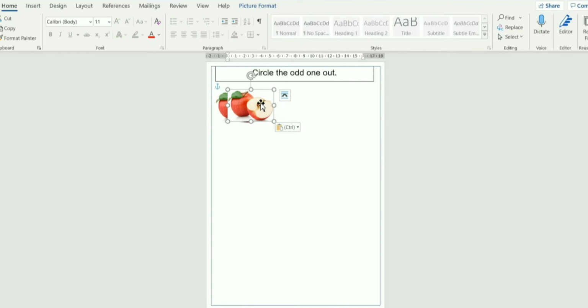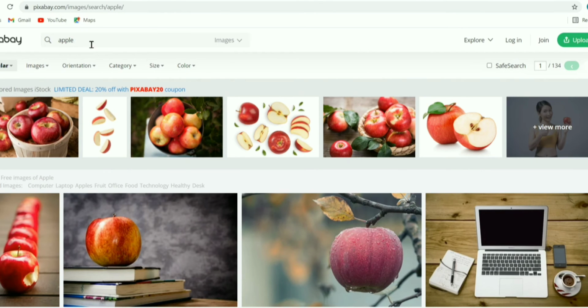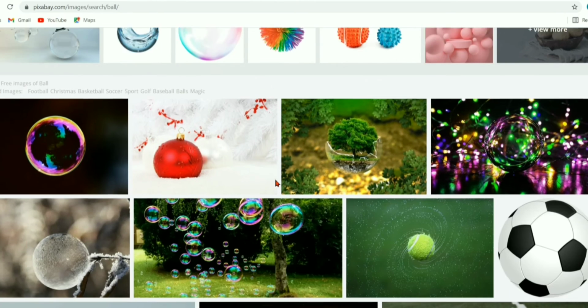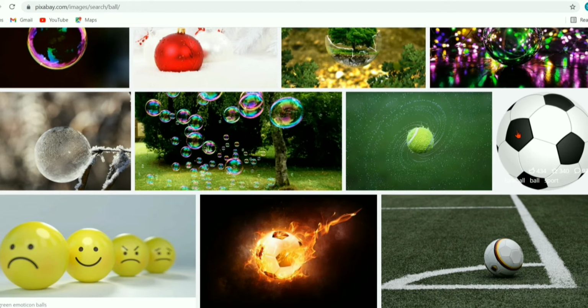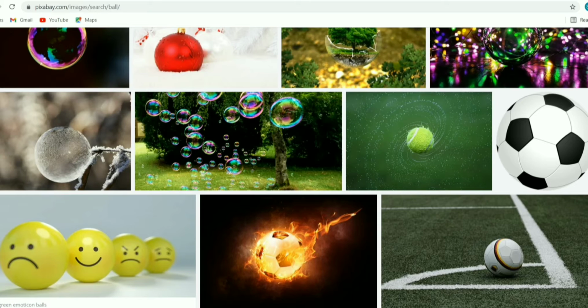So same thing we can do, copy paste like this, and then let's select other picture also. Let's add any other picture. So whatever pictures you want, you can take it. Suppose I'm taking this ball now, copy image,